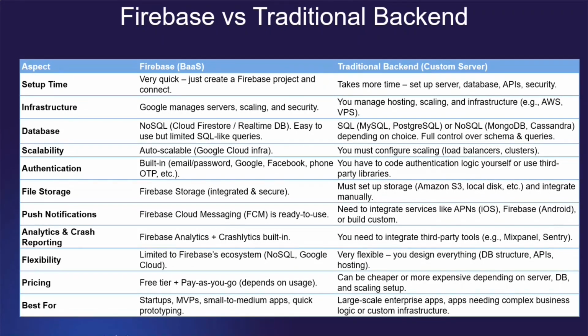You should use Firebase if you want to move fast and don't need complex backend logic, and you should use traditional backend if you need full control, custom queries or a very large system. A simple rule of thumb is that Firebase is best for small or medium apps, student projects, MVPs, prototypes and apps needing quick launch, while traditional backend is best suited for enterprise systems, large scale apps needing custom algorithms, strict compliance, or where there are millions of users.